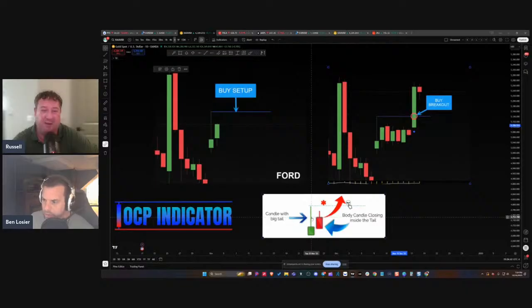Is that a harami or is that something else? Like, because I couldn't really find. Shoot, there's a lot of different names for these things. That could be a hammer. I guess it's a hammer plus. Yeah, I think that could be considered a hammer, but